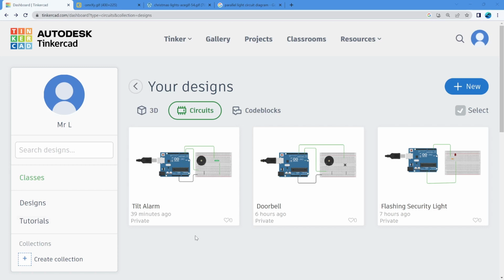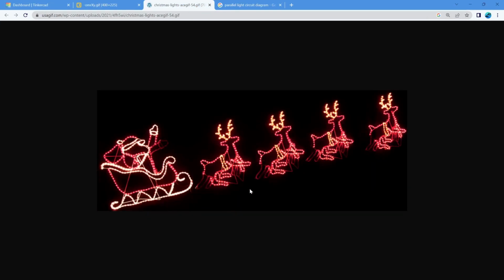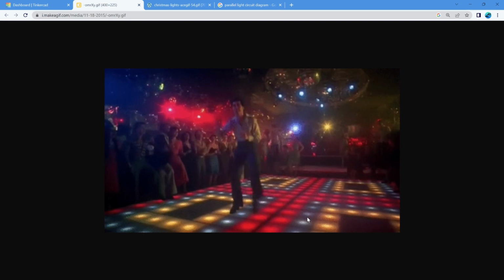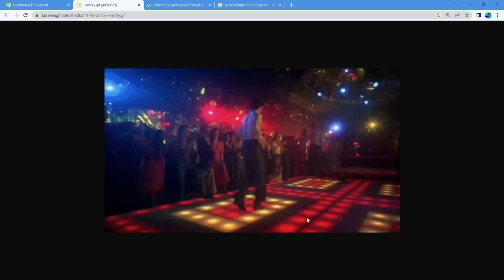Welcome! In this project we are going to use multiple lights to create some sort of interesting animated display. So it could be something inspired by Christmas lights, although probably not as in-depth or advanced as that. Or it might be something else, like the disco floor lights that John Travolta's dancing on